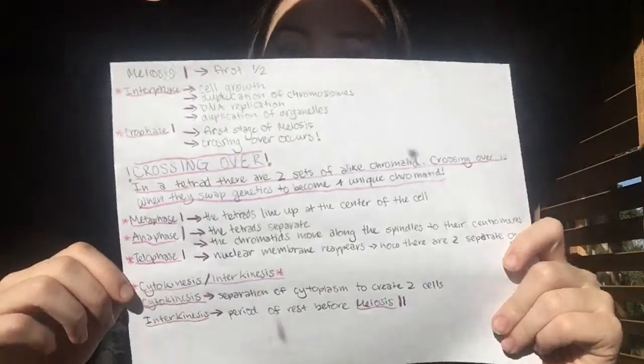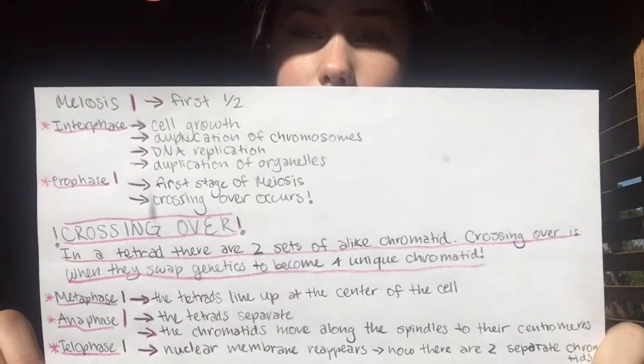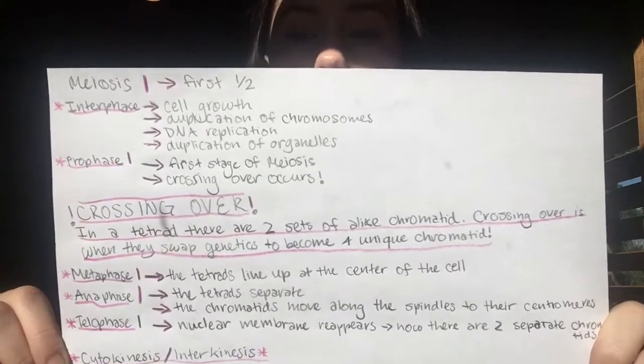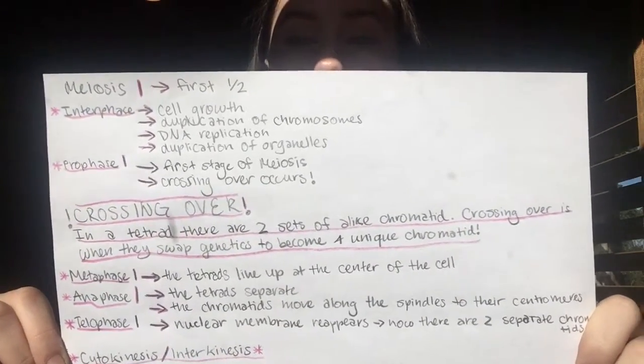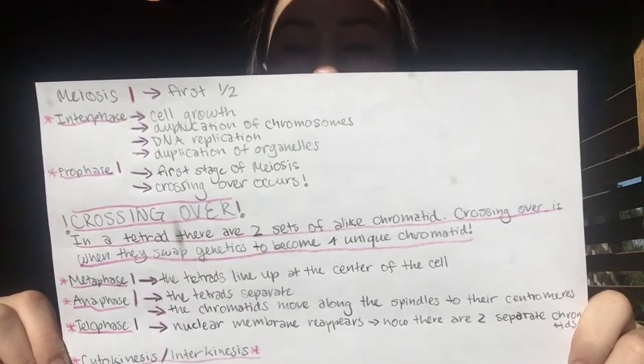Moving on to meiosis 1, which is the first half of meiosis. We start off with interphase, and during interphase there is cell growth, duplication of chromosomes, DNA replication, and the duplication of organelles. After that, we move on to prophase 1, which is the first stage of meiosis, and this is